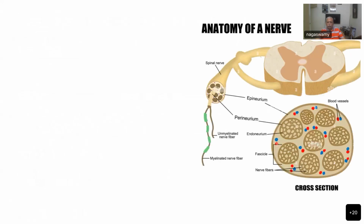And so just to understand the anatomy of the nerve, this is a mixed nerve. So the outermost covering of a bundle of nerve or the fascicles is the epineurium. And if you see the close-up view of this, there are a lot of fascicles, and each fascicle has a lot of nerves, and these fascicles are covered by what is called the endoneurium. And these multiple fascicles are clubbed together into a nerve, and the outer covering of that is called the epineurium,